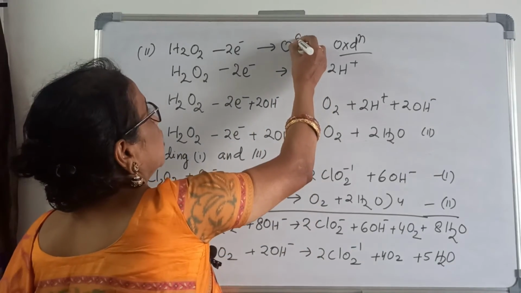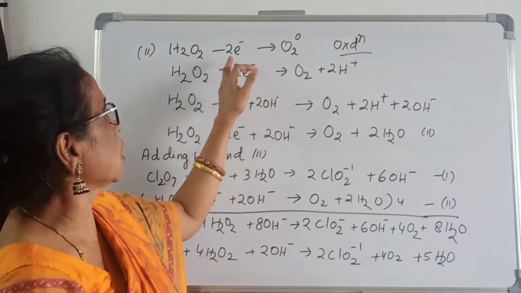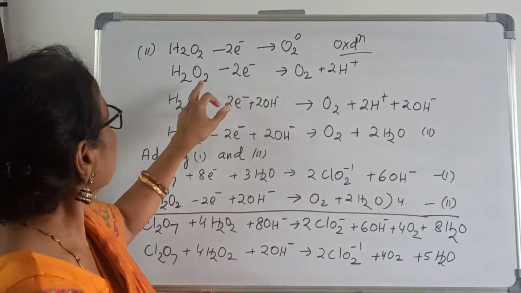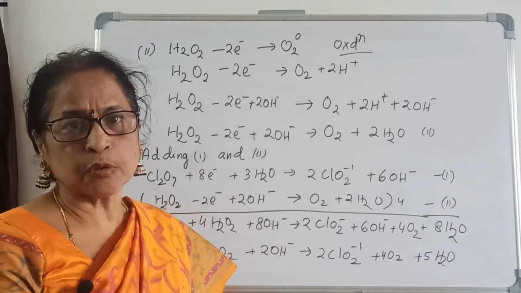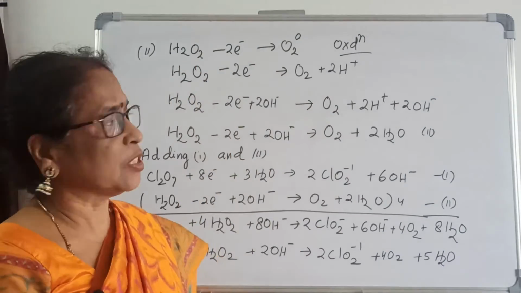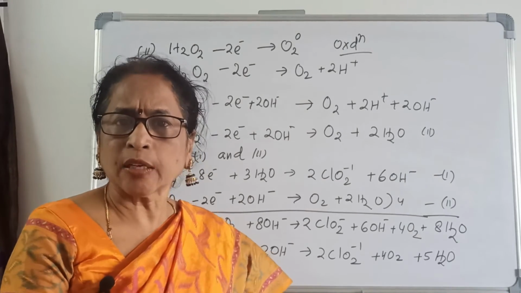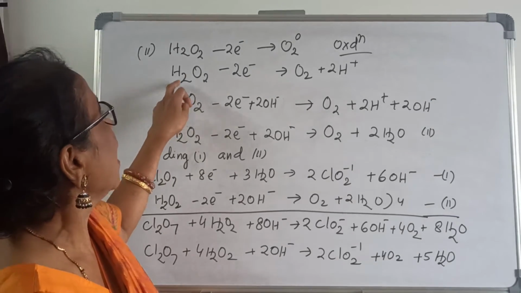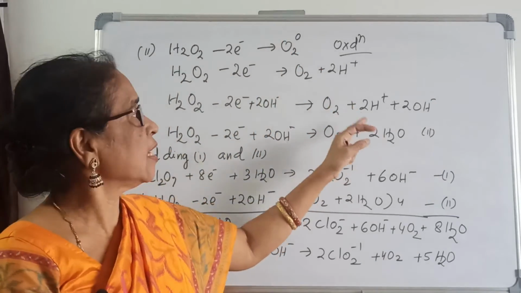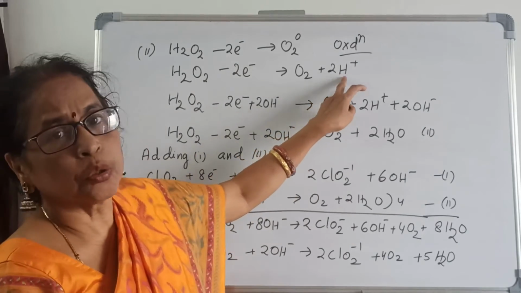the oxidation number is 0. For 1 oxygen, that is 1 electron, 2 oxygen, that is 2 electrons. Now you can check here, oxygen is already balanced. Next we will see about hydrogen. To balance hydrogen on the deficient side, I should add H plus ion. Here 2 hydrogen, and since on the product side there is a deficiency of hydrogen, that is why put 2 H plus